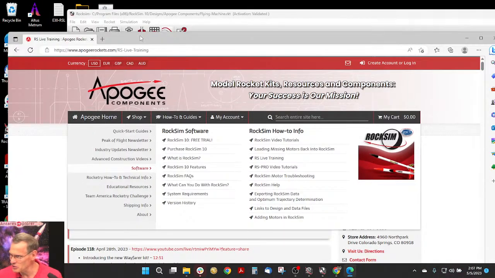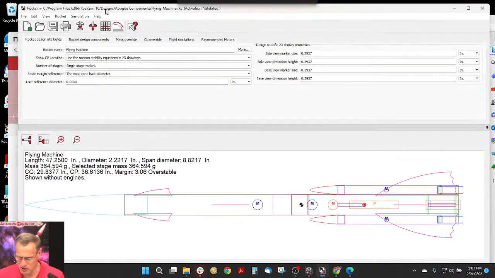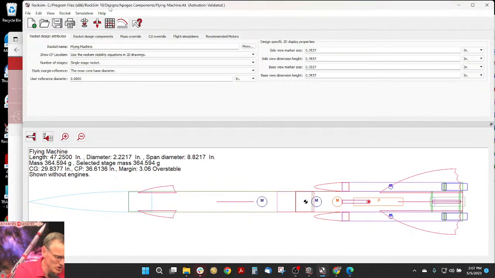Okay, so we did get one question. You can submit your questions right now. But I got a question that came in from Carlos. He sent me two questions, and I printed them out right here on this piece of paper. And I don't understand his first question. He says, while the real world varies a bit, RockSim seems to use stable descent rates as streamer or parachutes bringing the rocket down. Is there data that we can see or ideally set as we test recovery device choices? So that question I don't quite understand,